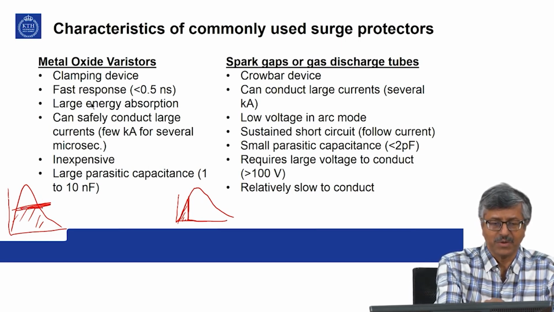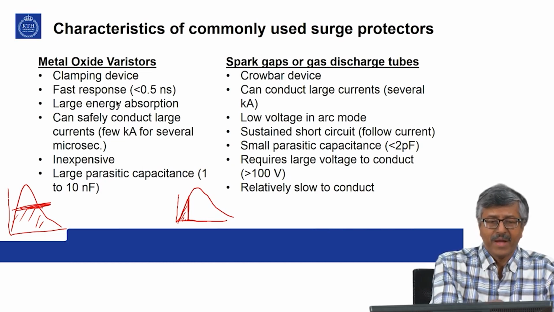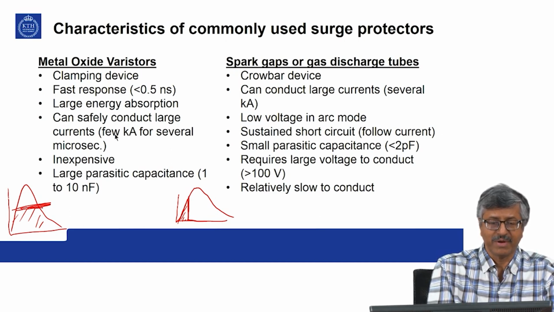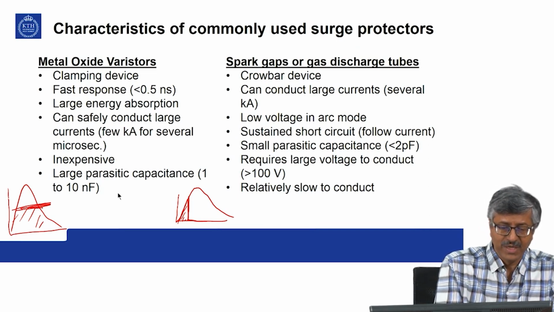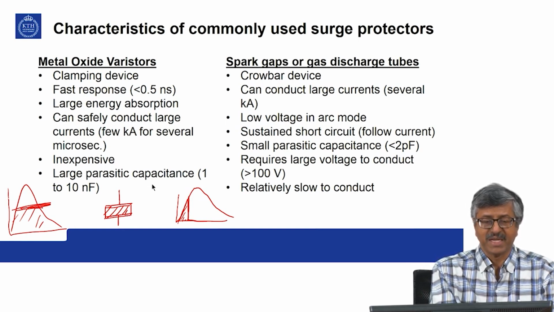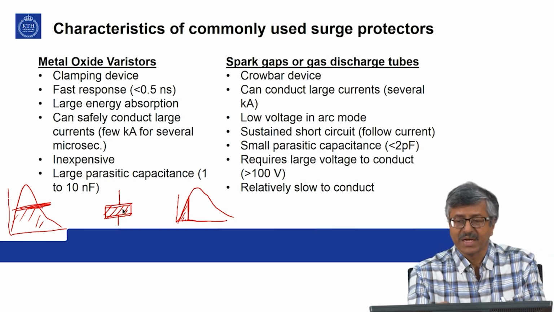Then metal oxide varistors have very fast response, less than 0.5 nanosecond or so, and large energy absorption capacity, safely conducting large currents, a few kiloampere for several microseconds. It is not very expensive, but due to the way it is constructed, it has large parasitic capacitance. Often it is in the form of some sort of a disk. So, this large surface area and 2 electrodes over here will introduce large parasitic capacitance, 1 to 10 nanofarads,